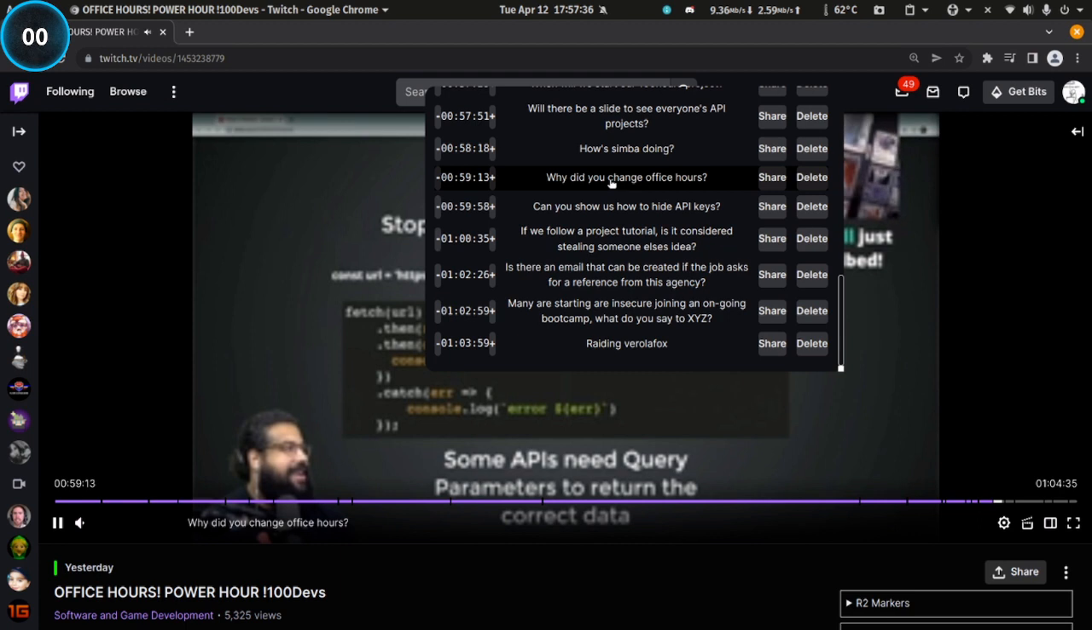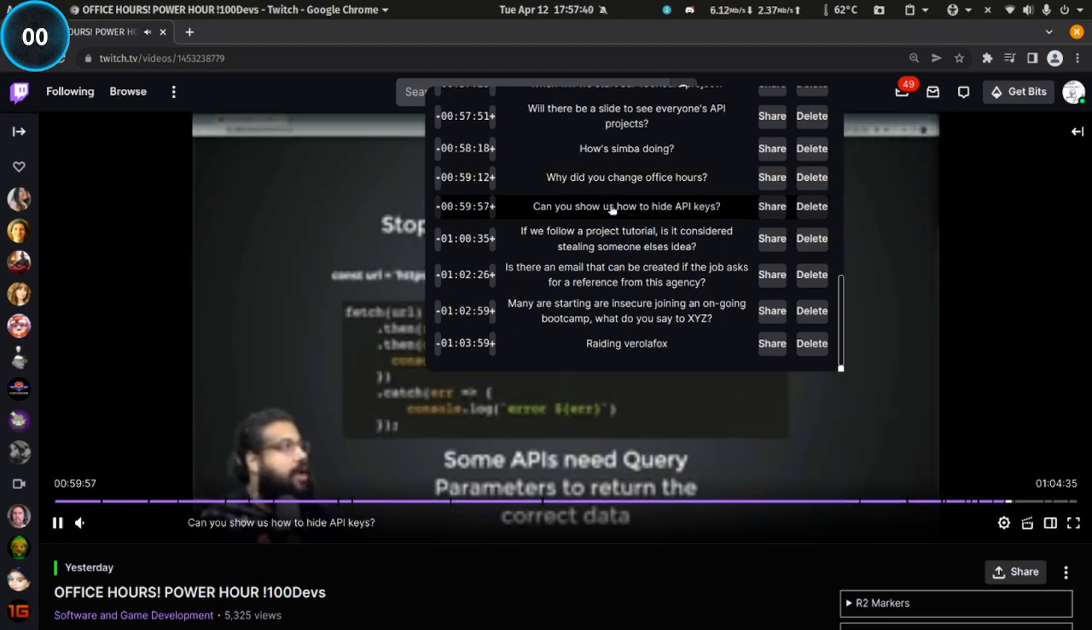Change office hours. Did you change office hours? Did you show us how to hide? Can you please show the project tutorial? Are we able to use that for a portfolio, or is that considered stealing? If we follow